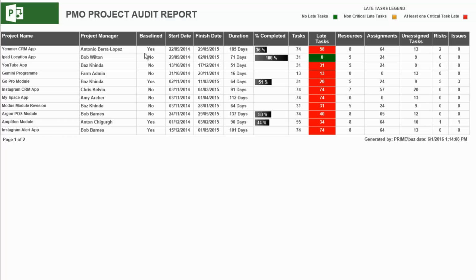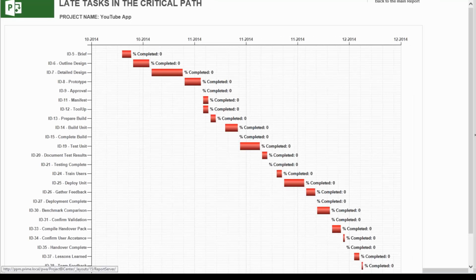and there I see a list of all the project names, who the PMs are. I can see whether or not the projects are baselined, start date, finish date. I also see there things like my late tasks. If I drill into my late tasks, I will see those tasks when they were due and what the current